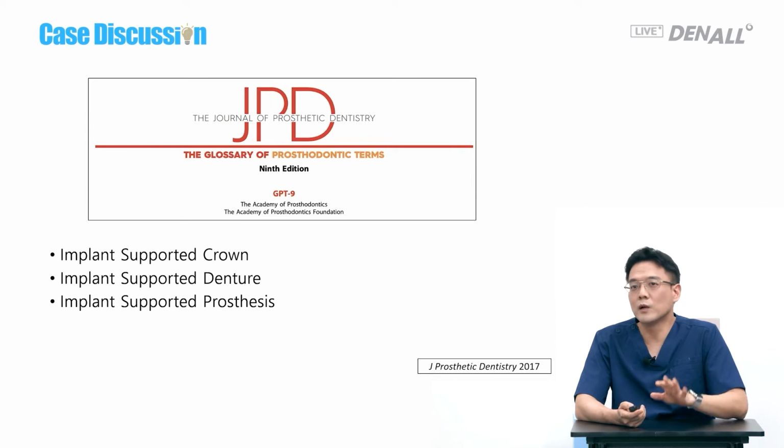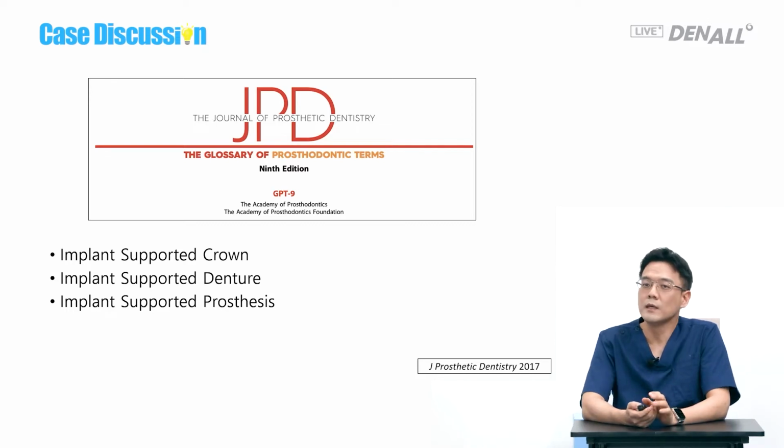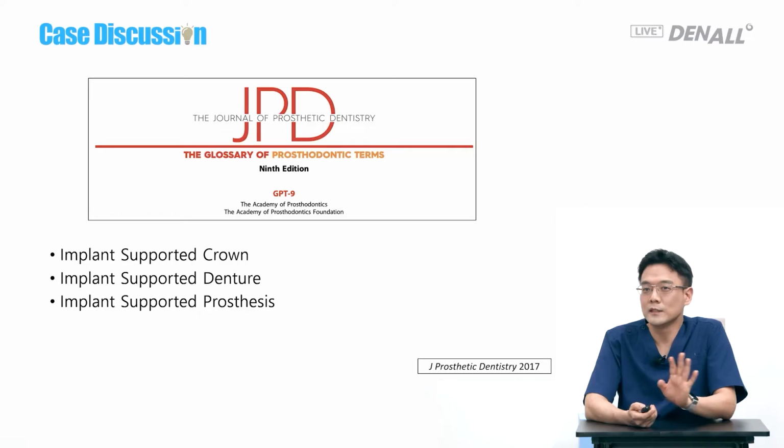I looked into the terms. According to the Journal of Prosthetic Dentistry 2017, implant-supported crown, implant-supported denture, and implant-supported prosthesis are officially defined, and the rest of the terms are not official, even though they are used in papers. So they are not fully defined, but they are used interchangeably and commonly. So going back to the case,